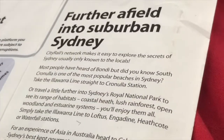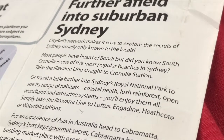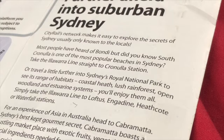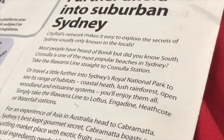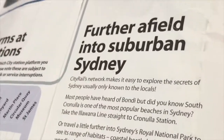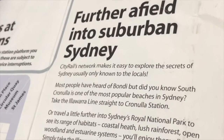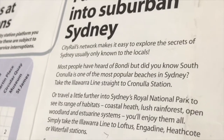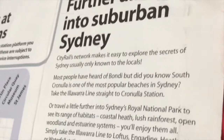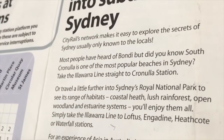Further afield, into suburban Sydney, CityRail's network makes it easy to explore the secrets of Sydney usually known to the locals. Most people have heard of Bondi, but did you know Cronulla is one of the most popular beaches in Sydney? Take the Illawarra line straight to Cronulla Station,